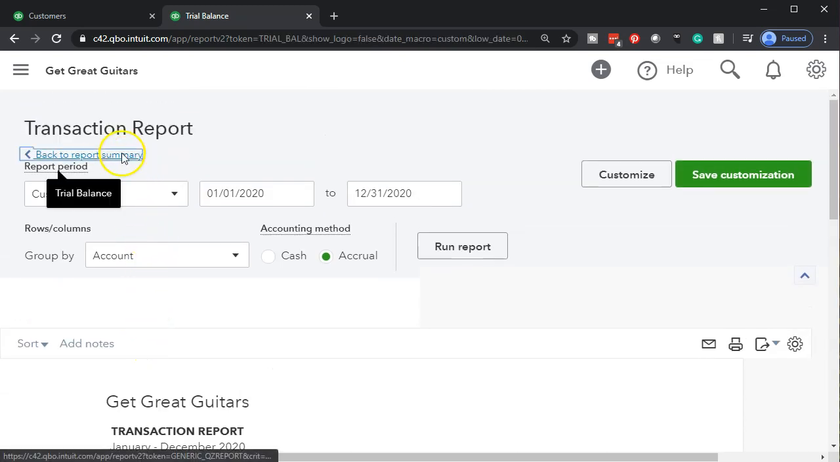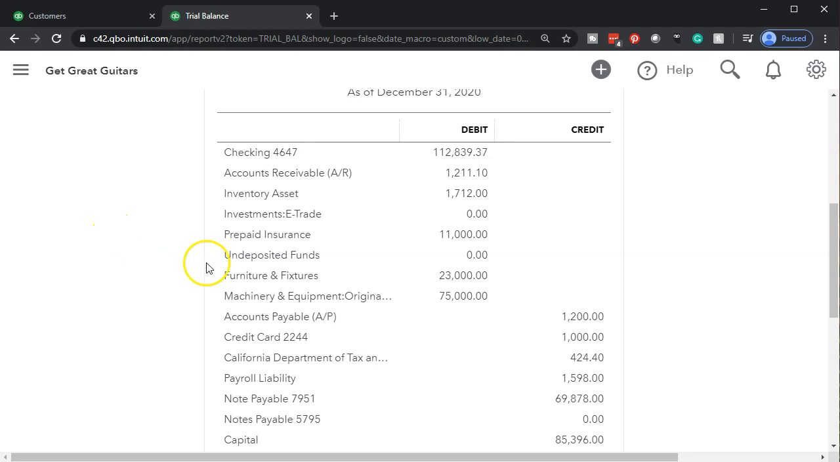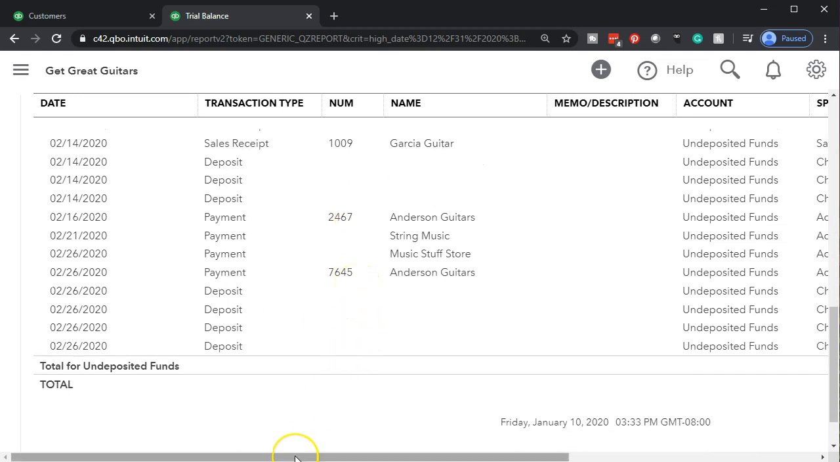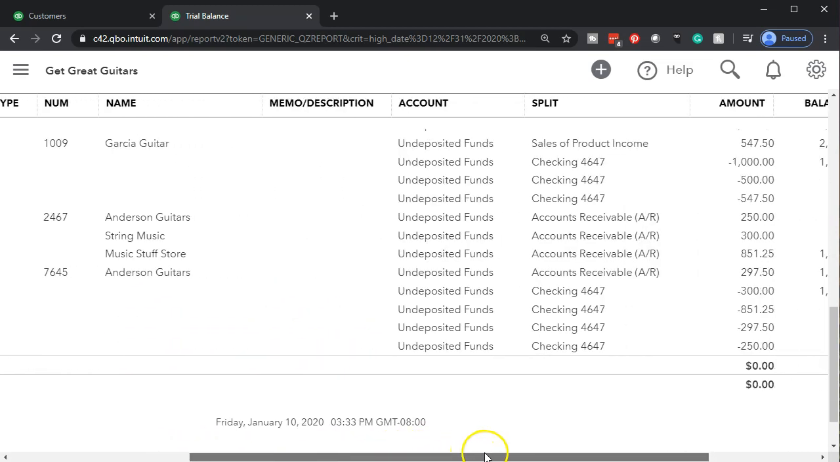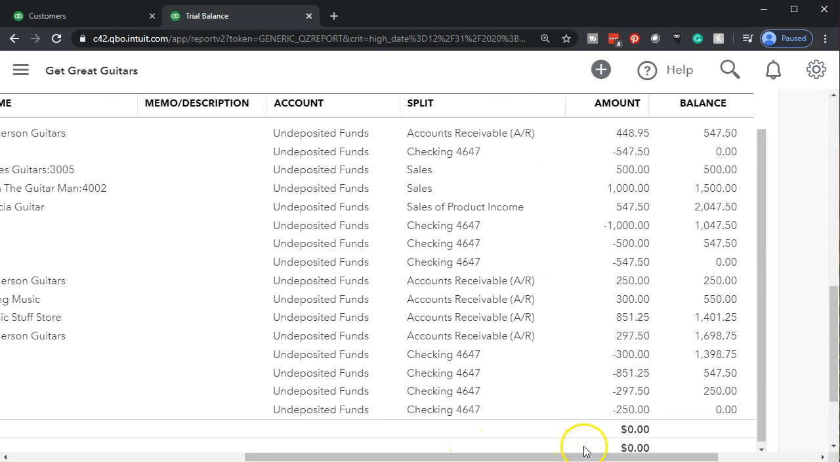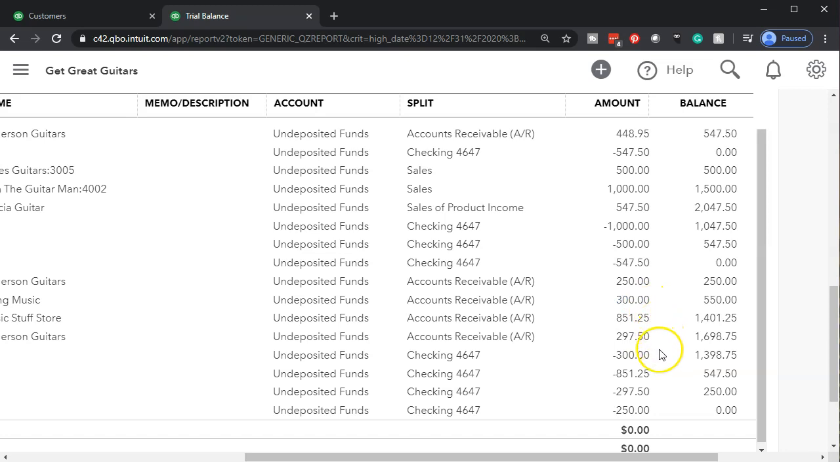Back to our report. Then the undeposited funds now at 0 because we deposited everything, but the 0 is still showing up on the trial balance because we had activity in it during this time period. Selecting it, then we can go down and we see our deposits, but now there's 4 of them. We didn't actually make 4 deposits, but that one deposit had those 4 pieces to it. That helps us to basically tie out the increases and decreases in the undeposited funds in case there's a problem